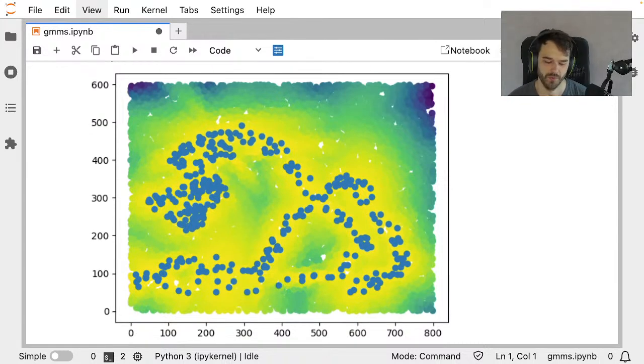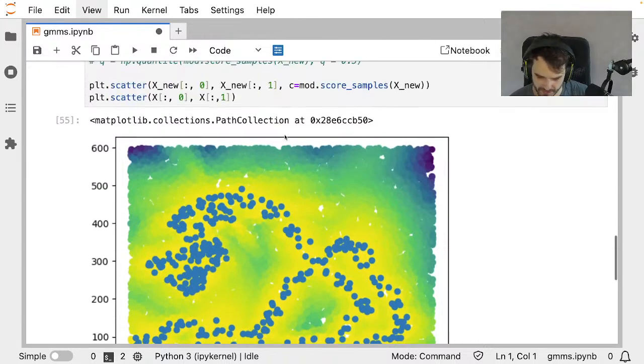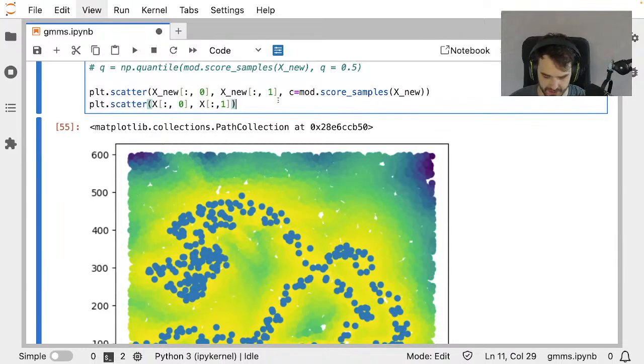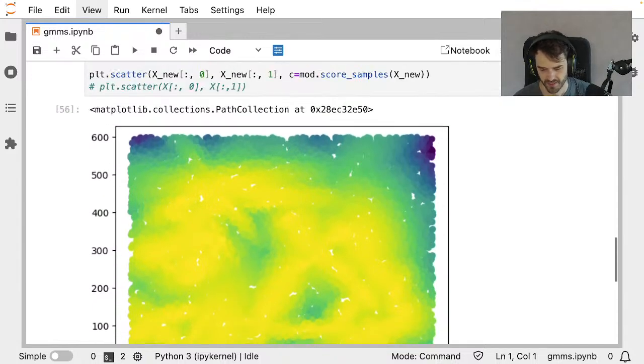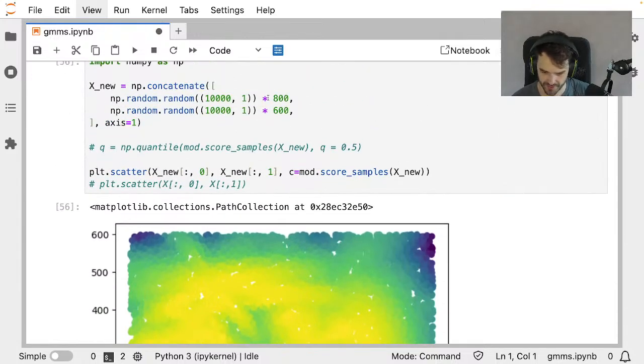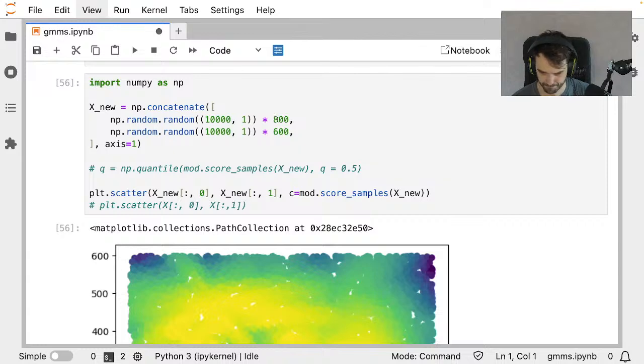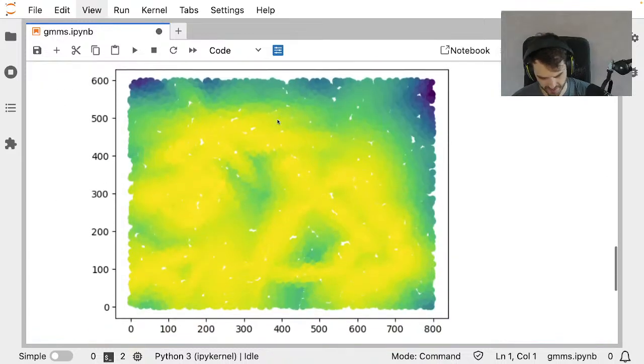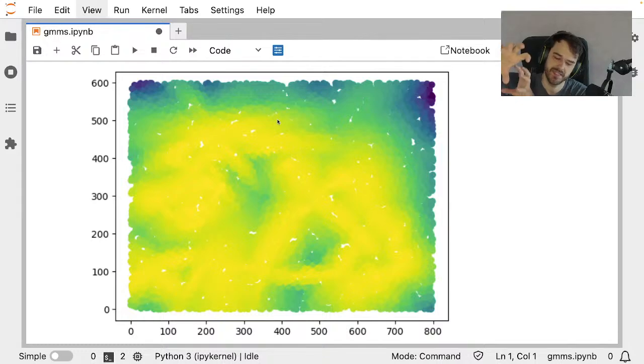But anyway, one thing that I do hope that you appreciate, if I were now to not draw the original points, I'm not going to draw the original points. Actually, I think this is fine. But what you can see here is the distribution that I could be sampling from theoretically. It's an approximation. It's not necessarily perfect. But you do see that we at least fit some sort of a distribution. Maybe the data was generated from something like this. That's something you could wonder.